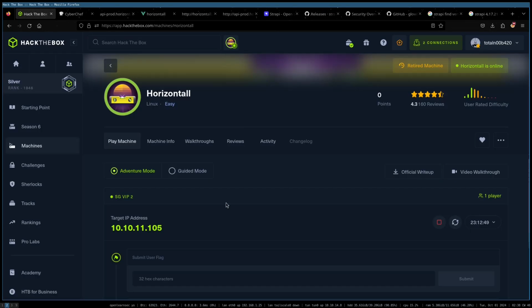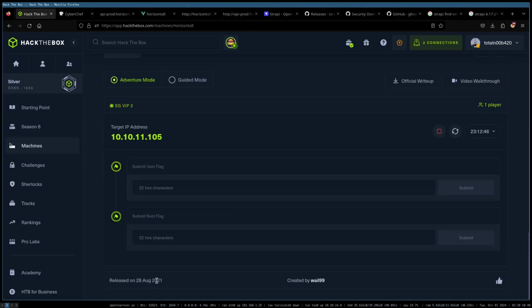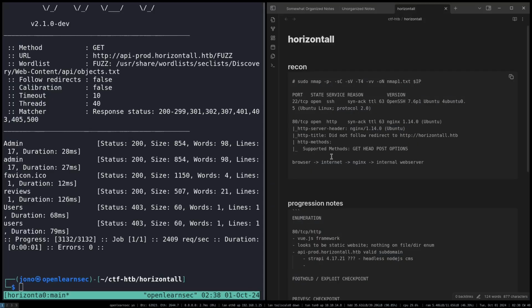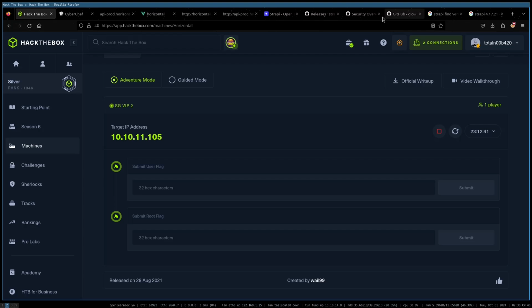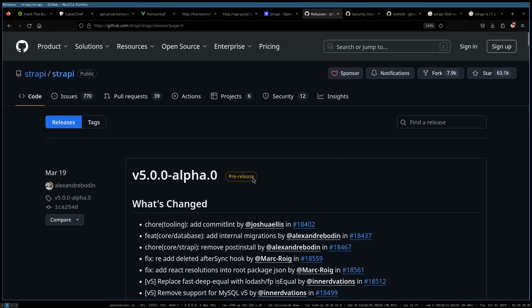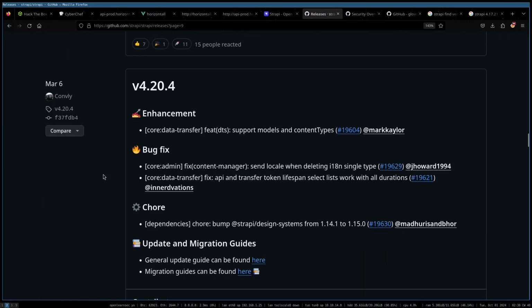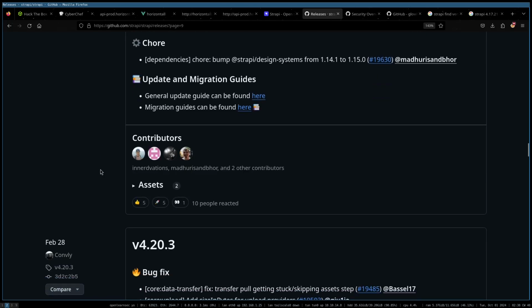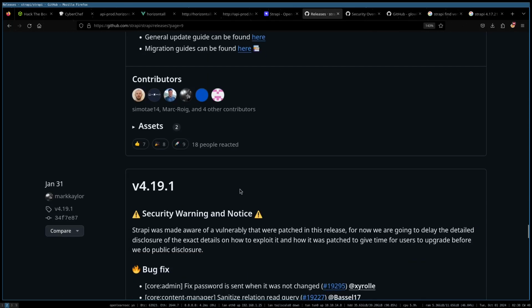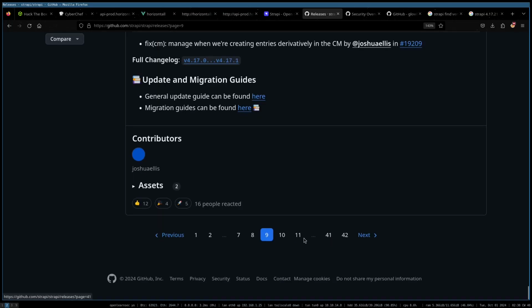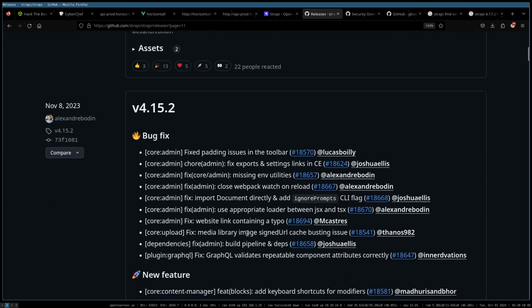How old's the box? That's a good question. 2021. Okay. So, yeah. If we go back here, the 4.17, 18, 19, 20s were in 2024. This box was released in 2021. If we go back to 2021, we're more looking at